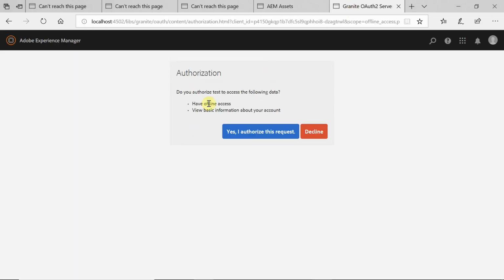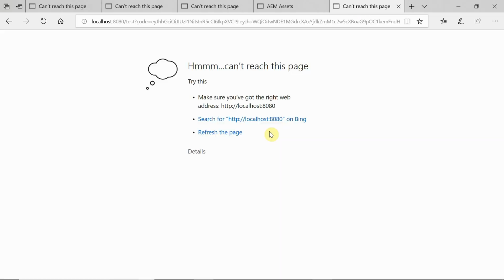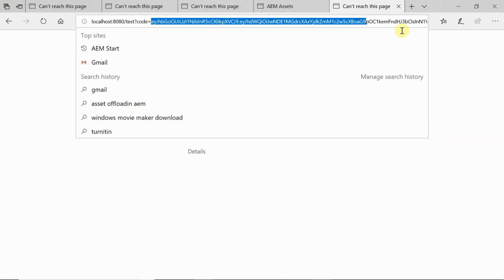Okay, fine. If you see here, it has offline access, and also view basic information about your account. So both scopes we are authorizing. We are fine with that. Authorize. Yeah, we got the code now. So just copy this code.